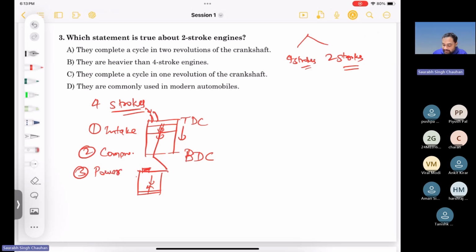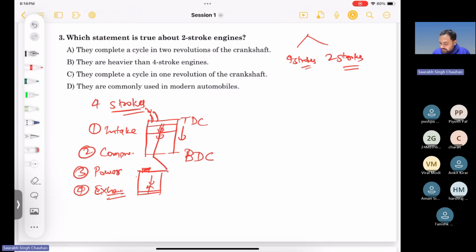Okay, and during the power stroke all of the fuel air mixture will have been combusted, and you have the residual gases, right? So those gases need to be removed. Okay, so in the fourth stroke, or the last stroke, you have the exhaust, right? So these are the 4 strokes in the 4-stroke engine. But in a 2-stroke engine the thermodynamic cycle is completed in 2 strokes only.